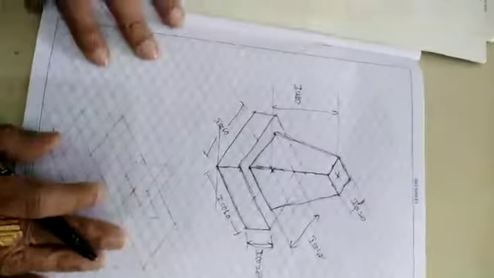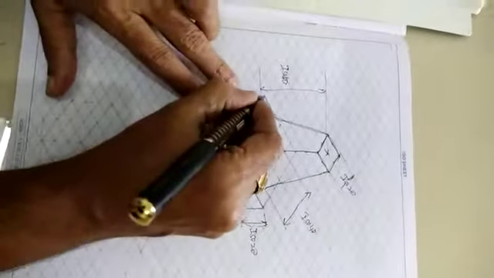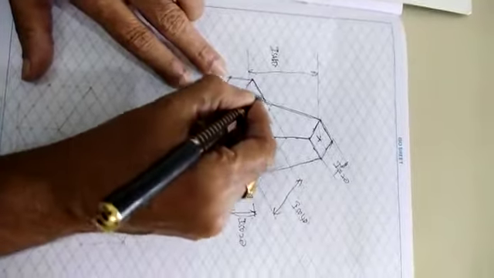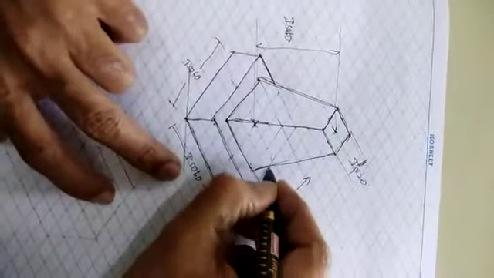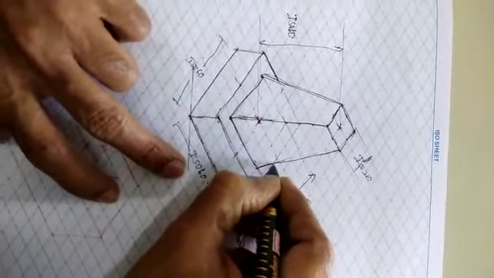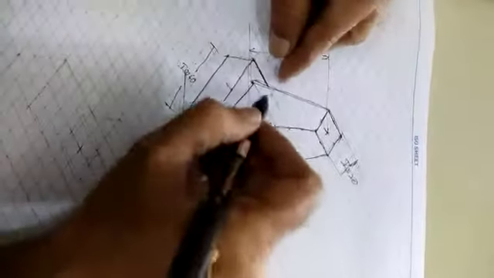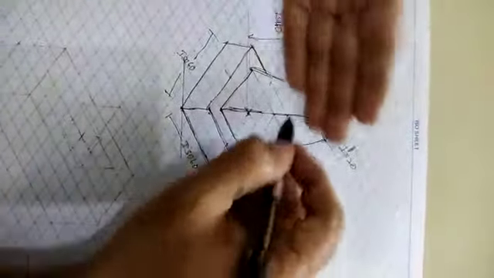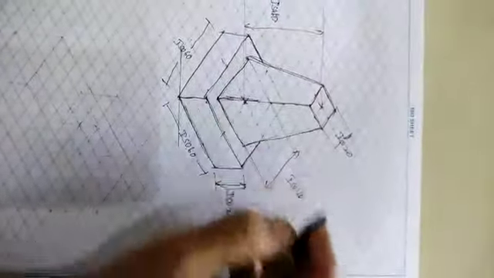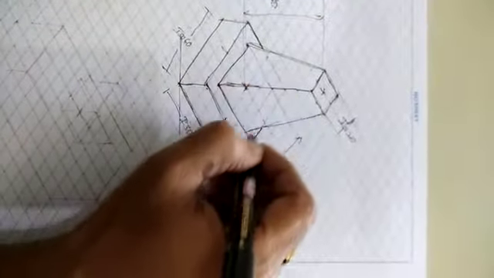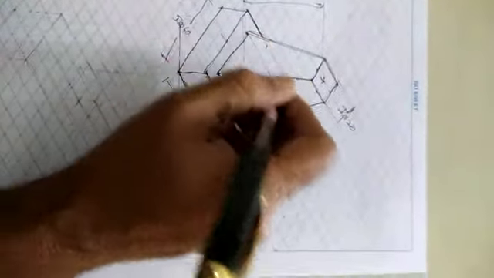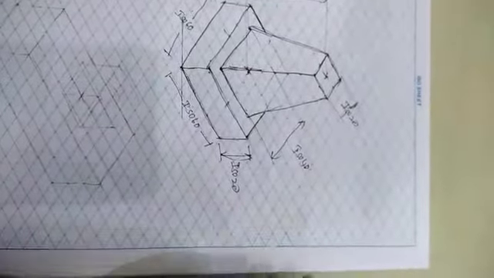So many times it is asked in the examination: this edge, up to this point, is going to be visible here. This edge is going to be visible up to this point. The other side is the back side there. Behind those, it's invisible features in the isometric. No need to show those things. If you want to show them, show a very thin line there.